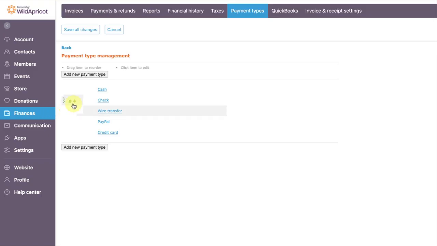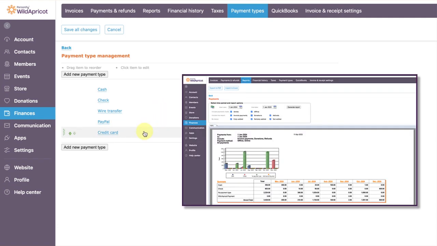On the Payment Types tab, you can specify the payment methods your organization accepts, such as cash, check, wire transfer, PayPal, or credit card. Classifying payments by type makes reporting easier. For instance, the payment report provides a summary of payments